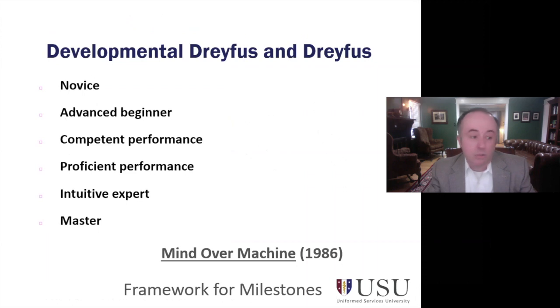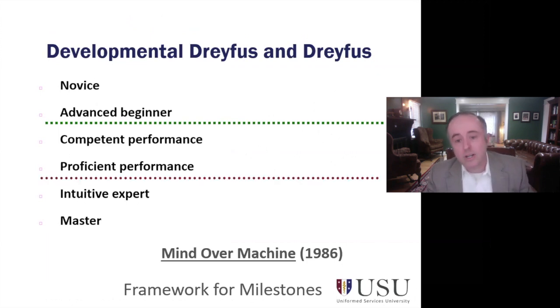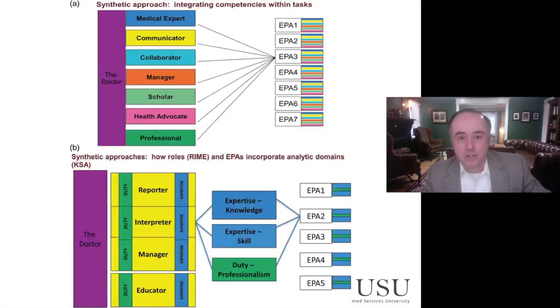Developmental model, it's pretty intuitive. You go from beginner to competent to expert. And in our model, that novice is the medical student or the starting trainee. And then in GME, as a resident approaches graduation, they should be competent and learn proficiency and efficiency. And then obviously we're supposed to be the expert or the master that judges these things. The advantage of that is it can go on for years, but you risk normative grading, grading on a curve and not individual traditional standards.